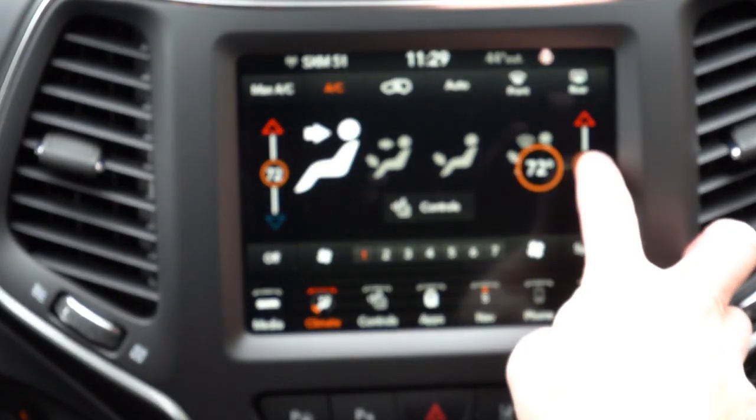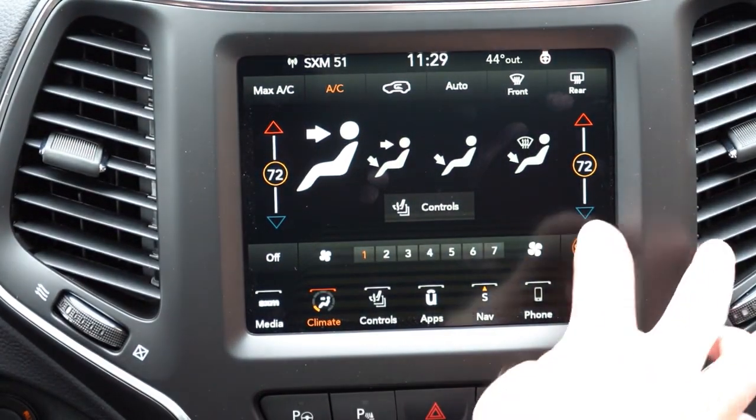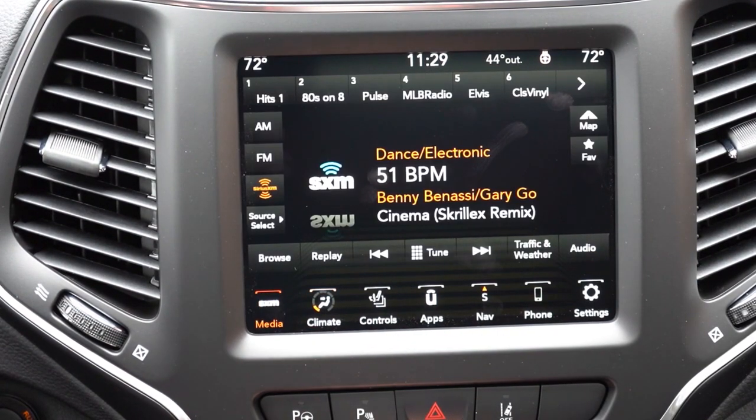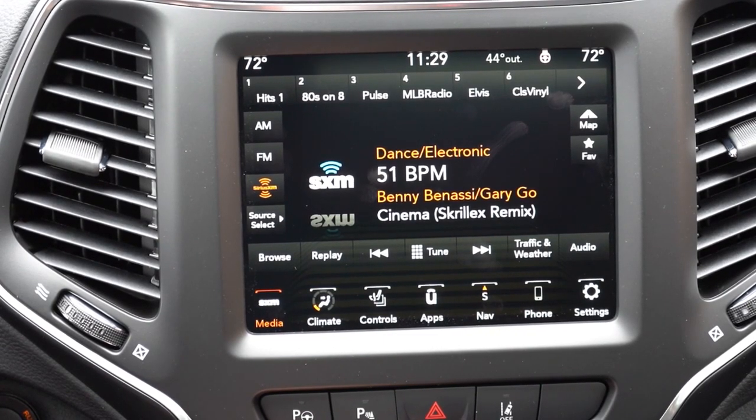So when it comes to the sound system of the Jeep Cherokee, 6 speakers is going to come standard for both trim levels available. So having said that, I do believe you guys know what we have to do next. Let's go ahead and turn on the radio, see what we got playing today, and let's test out the clarity of this one. Dude,